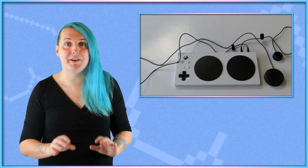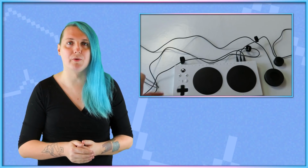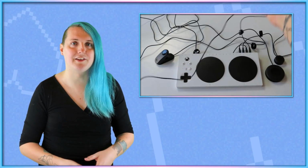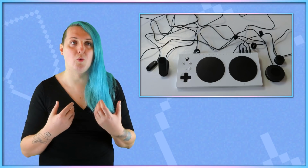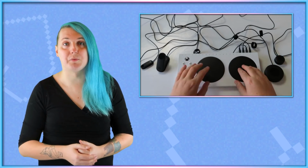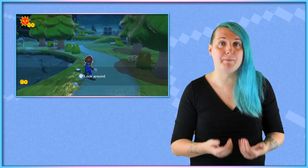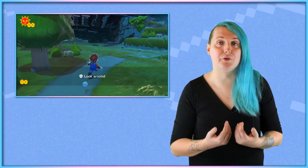A modular controller base designed for disabled gamers, it featured a bunch of 3.5mm audio ports and USB ports, designed so that disabled players could customise their gaming experience by connecting buttons, switches, or joysticks to be used instead of a regular controller. Considering how much the Xbox Adaptive Controller opened up gaming and made it more accessible to disabled